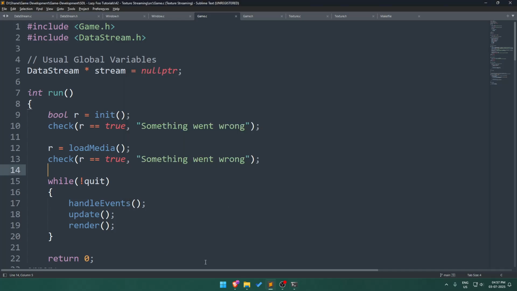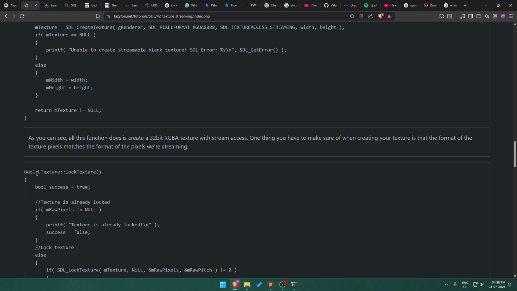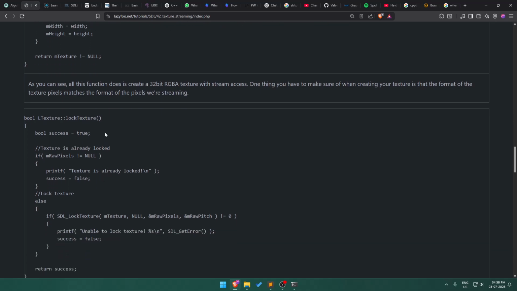Alright, so we move on to the next definition. As you can see, all this function does is create a 32-bit RGBA texture with streaming access. One thing you have to make sure when creating your texture is that the format of the texture pixel matches the format of the pixels for streaming. Okay, then we have lock texture. We have texture is already locked. If pixels are not null, then we have the texture is already